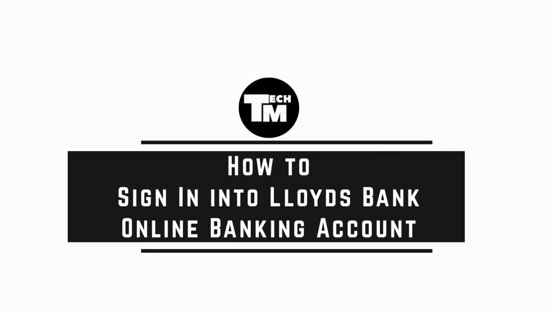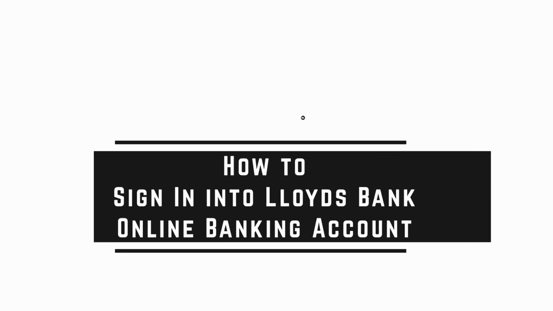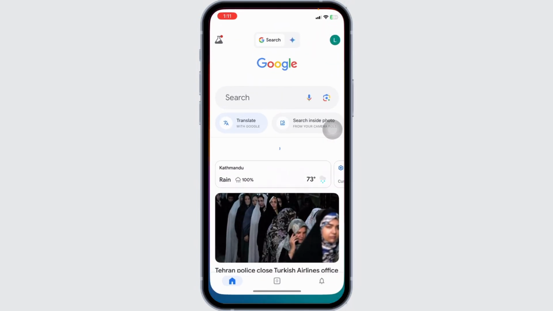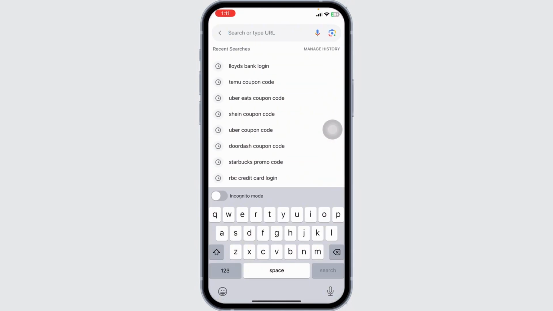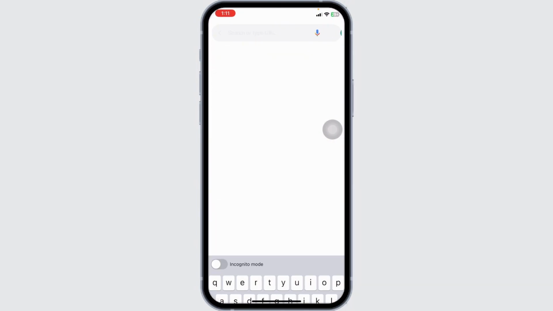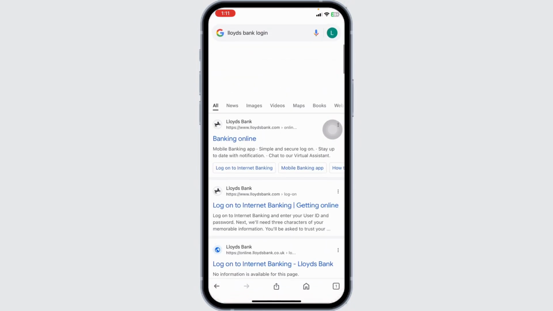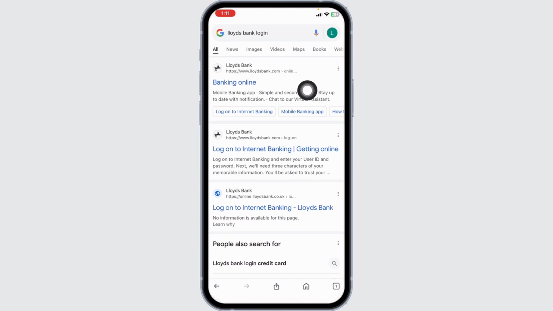How to sign in to your Lloyds Bank online banking account. Let's get started. Launch your preferred browser. Over here, you're going to find the search box. Type in Lloyds Bank login, and then search for it. Different website links will appear. Navigate to this one website option,